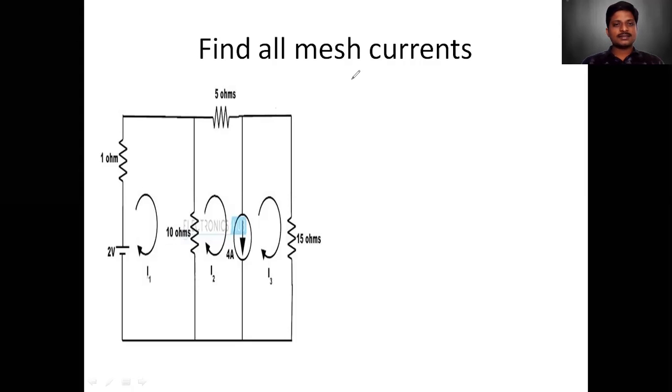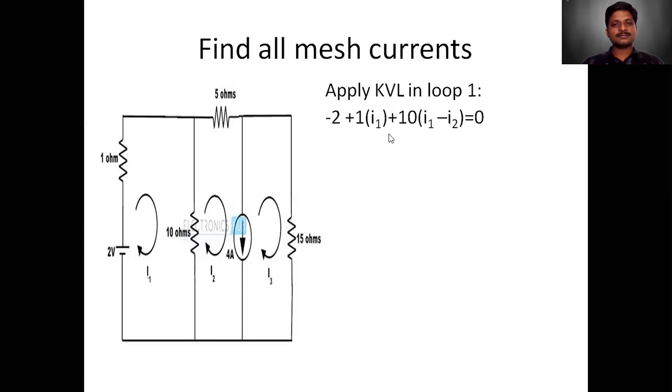Now let us start doing it. So I think you already know how to apply mesh analysis. The procedure is the same. First you have to identify the number of meshes, then assign mesh currents for each mesh, then apply KVL for each mesh, and also apply Ohm's law. After getting all the equations, you have to solve. So that is the method. The method will not change, but here we are going to take a new step. Okay, first I will write the KVL equation for mesh 1.